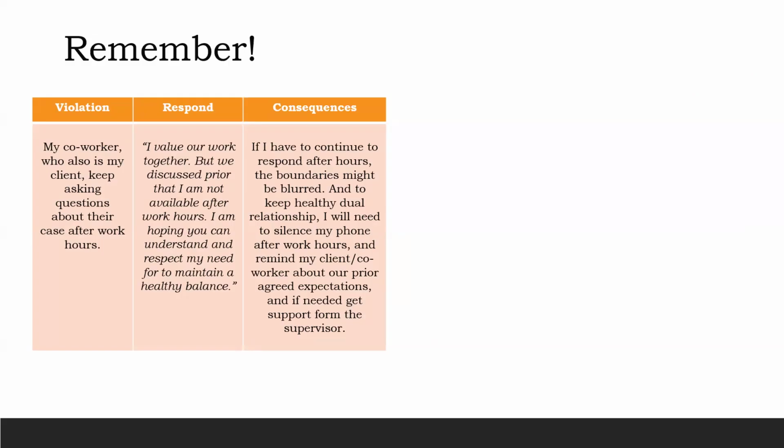The consequence here is that if you continue to respond after hours, the boundaries might be blurred. And to keep a healthy dual relationship, you need to silence your phone after work hours and remind your client, who is a coworker, about your prior agreed expectations, and if needed, seek support from the supervisor.